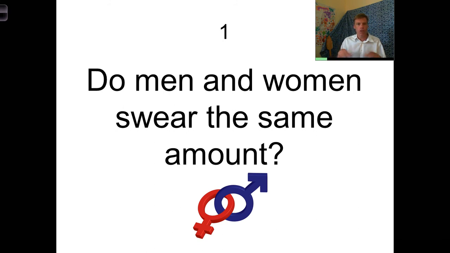Okay, so let's make that a hypothesis. Men swear more than women. But obviously, that's something that we would need to test, to demonstrate, right? Any hypothesis is just a hypothesis. We need to provide evidence to support it or to show that it's problematic and needs to be rethought. Now, in the following presentation, we're going to be coming back to that and seeing what the research actually demonstrates